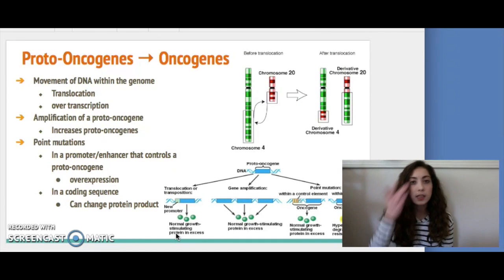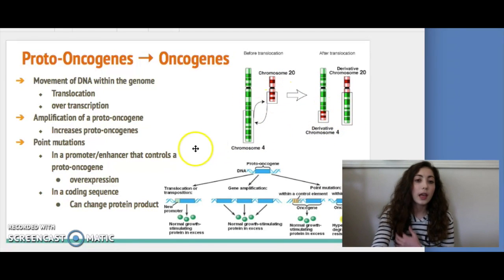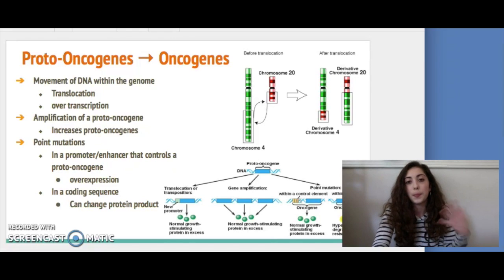Proto-oncogenes becoming oncogenes. So the first one is movement of DNA within the genome, which refers to translocation. So as you can see here, it's just the switching, like chromosome fragments will break and then rejoin and switch incorrectly. So you can see it's uneven here. And that can be a problem because it can cause a proto-oncogene to be translocated next to an active promoter region, which results in overtranscription of a proto-oncogene because it's going to be too actively promoted. And then its protein products can overstimulate cell growth or division, which turns the proto-oncogene into an oncogene,